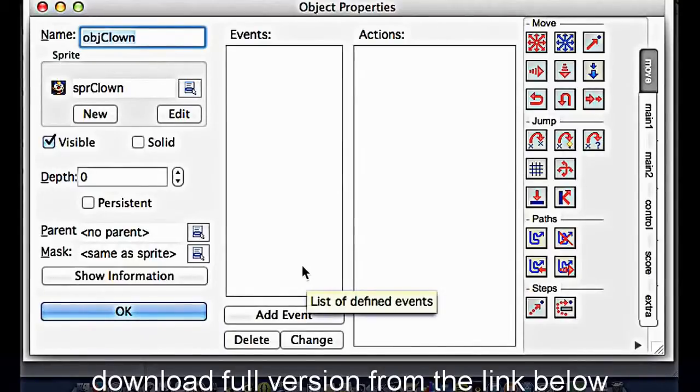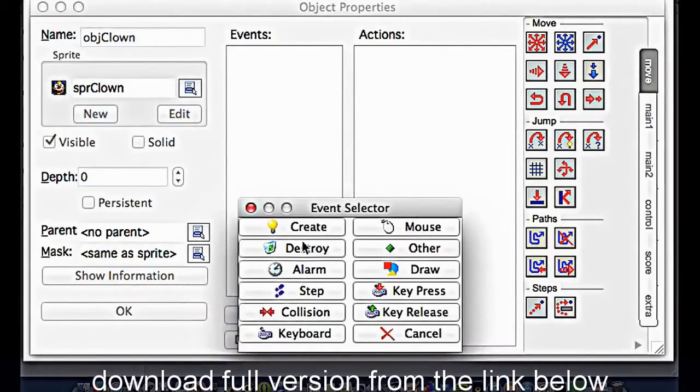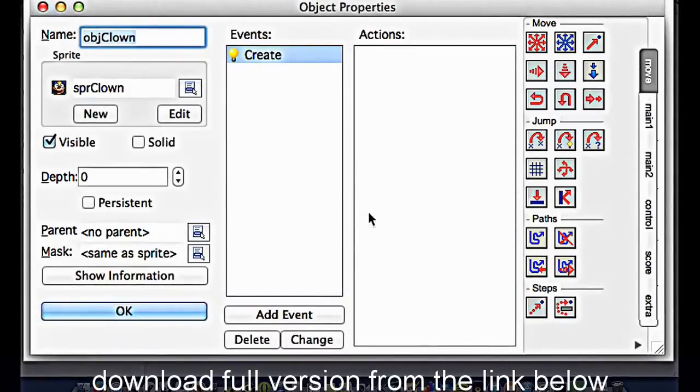To begin with, we actually need to create a clown, because a few things happen when we start up the room and create the clown. So I'm going to click Add Event, and there's a whole lot of events we can look out for, and I'm going to choose Create. There's a couple of things we want to happen when we create the clown. The first thing we want to do is start him moving in a random direction. Over here are all